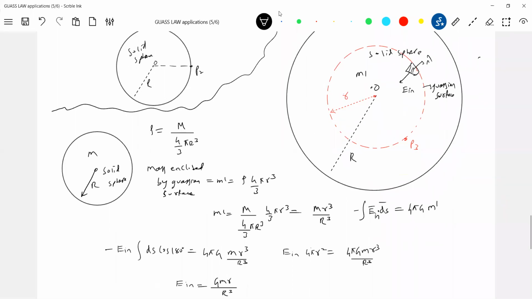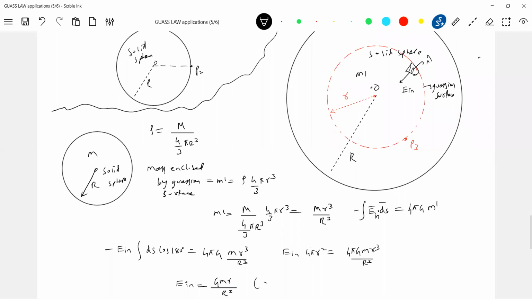So what is the gravitational field strength inside? It varies. It is proportional to r. At the center it will be 0, and as you proceed it increases, and it will be maximum at the surface. So can we justify our answer? Put small r equal to capital R, where we come on the surface. When you are on the surface, what is the gravitational field strength? G M by R square. Put small r equal to capital R, and we get G M by R square. The same answer we brought earlier, we are ending up with now.